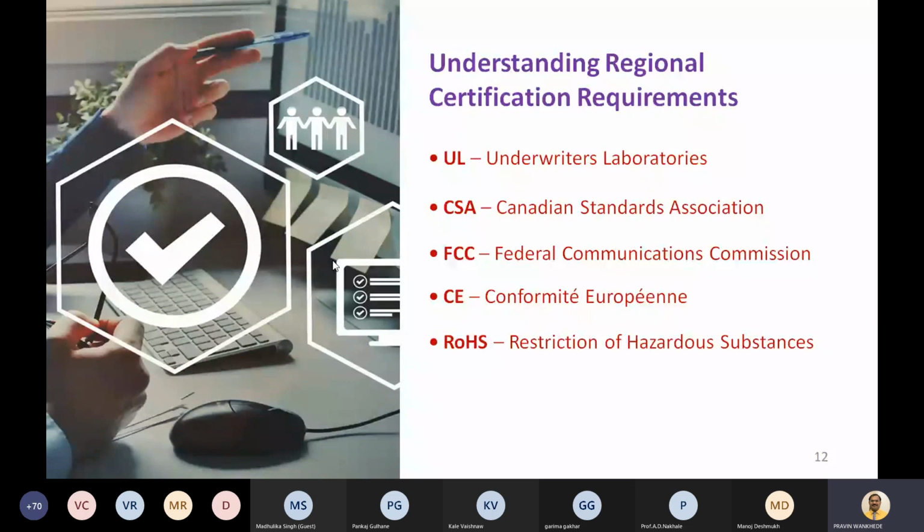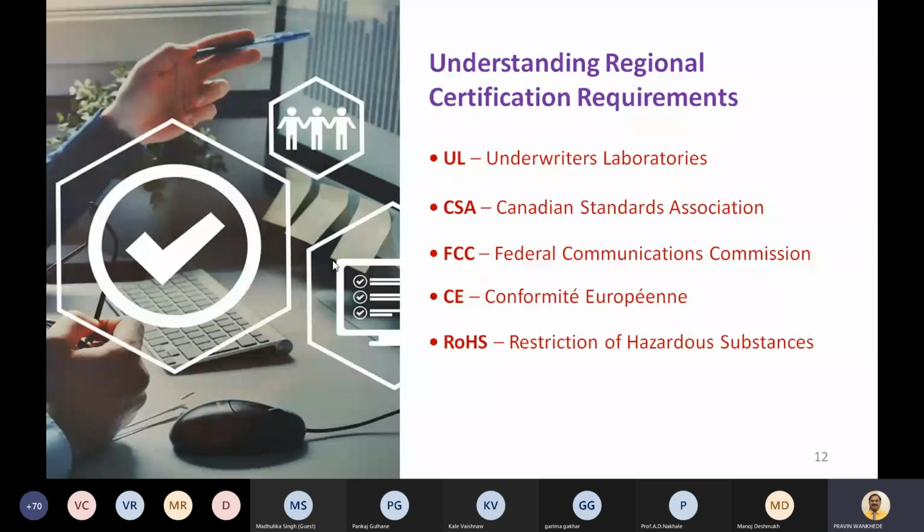So whatever the FCC and UL subsets are, actually in CE there are some of these subsets available. Under this subset category, you will have UL certification, and you have FCC certifications. Therefore, if you would like to sell your product in the European continent, then you must have CE certification. Then the final part comes to RoHS.